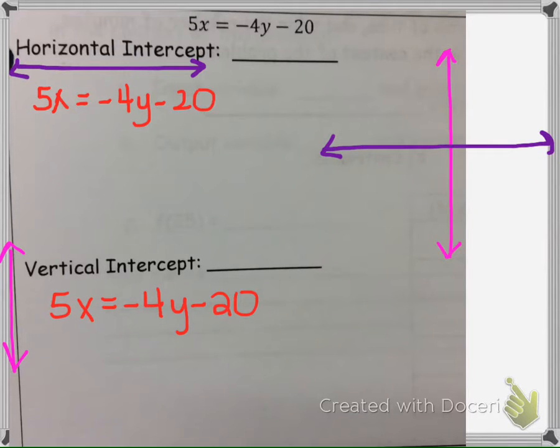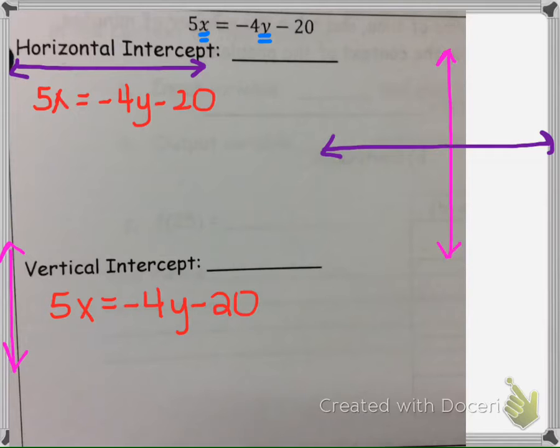Alright, in this problem we are asked to find the horizontal and vertical intercept. The reason why it's called a horizontal intercept and a vertical intercept is because it's more of a general way of saying find where it crosses the axes, but since we may not always use x and y, that's why we don't say find the x-intercept and the y-intercept. Now, in this particular problem, since the equation has x's and y's in it, instead of find the horizontal,